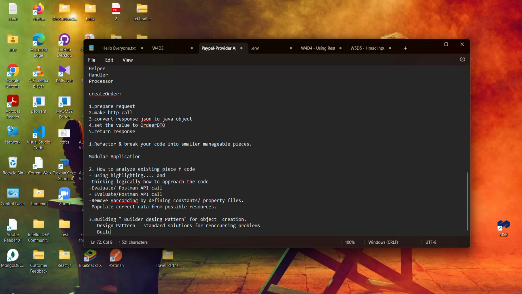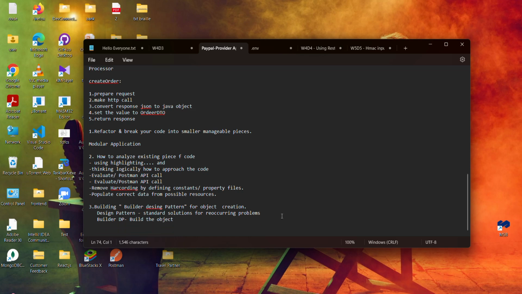The builder pattern is to build an object. For that, just as mentioned, we use the builder design pattern for object creation. A design pattern is known as a standard solution for problems that occur again and again. So we use that pattern for fixing that, and then comes